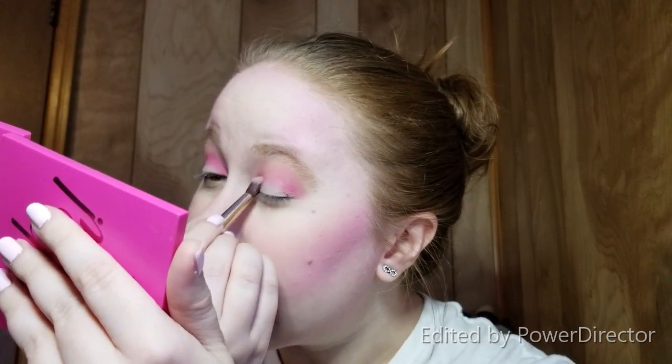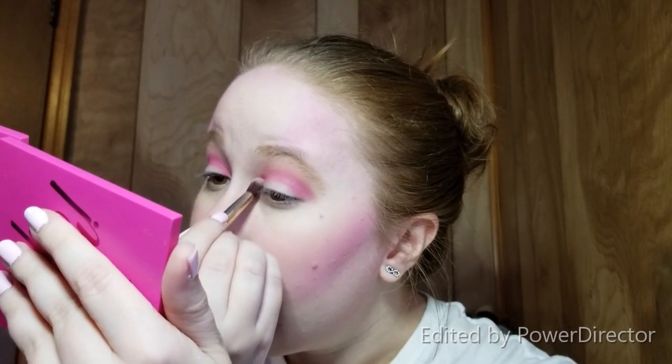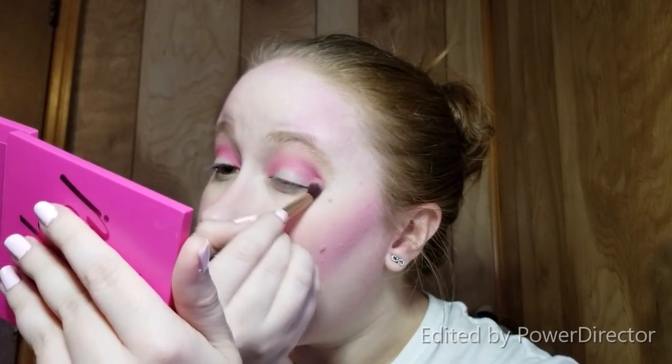Do the same thing on the other eye before I decide if I want to build it up a little bit more. Because I also have a pink eyeliner that I want to use. And it is a throwback product. I don't know if they even still make it anymore, so I apologize,